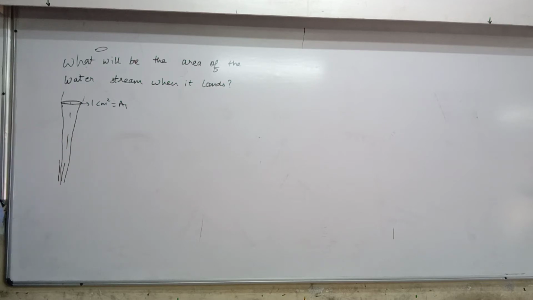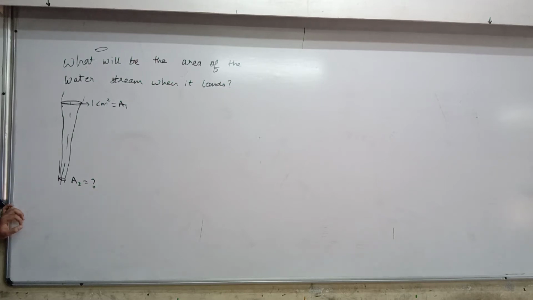Which equation tells you that? A1 V1 equals A2 V2. The equation of continuity tells you that as the speed increases, the area will decrease. Yes or no? Hopefully you remember that when streamlines come close, the speed will be more. So that's why here the area will be small. Now what's the question? What do we have to find? The area of this narrow area, A2. You understood? We have to find this area.